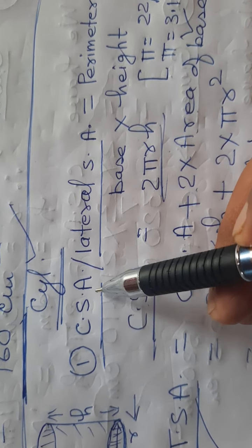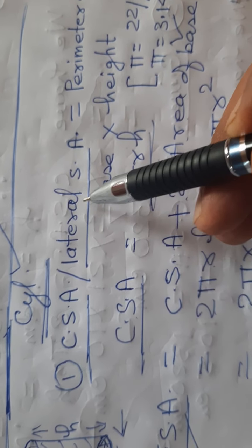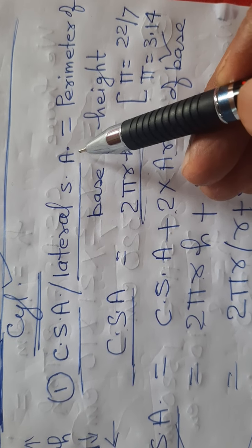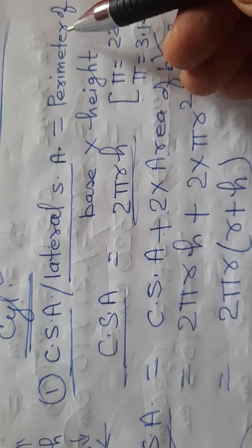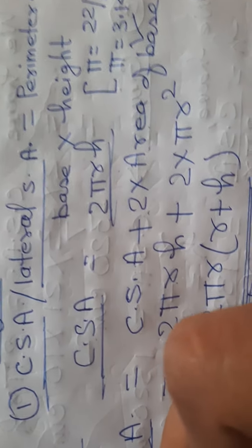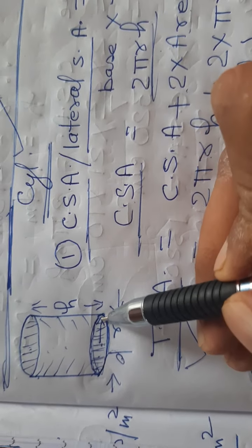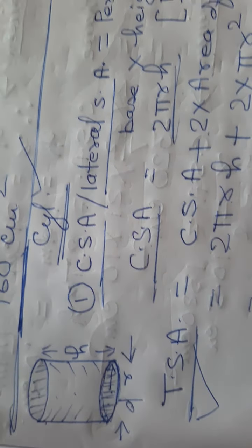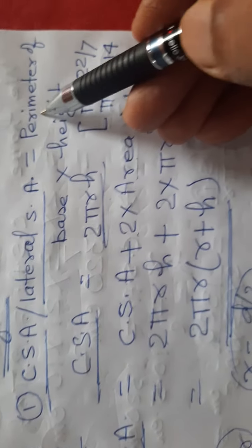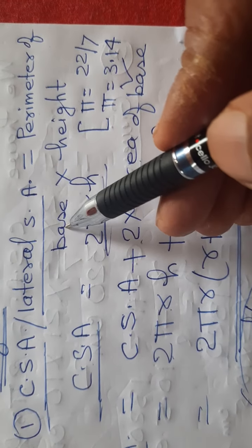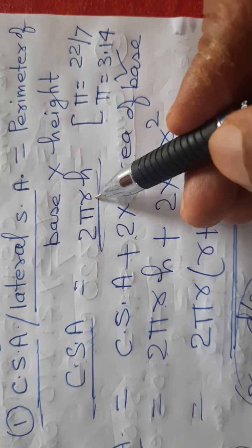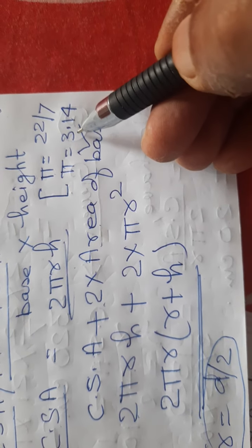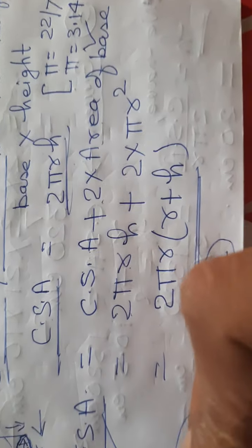Curved surface area or lateral surface area of a circular cylinder is equal to perimeter of base into height. Perimeter of base into height, that is called surface area or lateral surface area. Perimeter of base, that means circumference of circular base, 2 pi r into height h, where pi is 22/7 or 3.14. Total surface area,